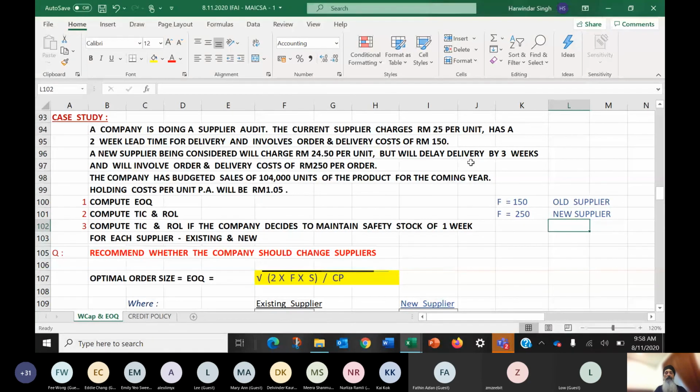The company has budgeted sales of 104,000, so S is equal to 104,000, and the holding cost per annum CP is equal to 1.05. And that's the EOQ formula. If you can, without looking at my answer first, can you do the EOQ for both the existing supplier and the new supplier? And if you want to take a quick washroom break, now might be a good time